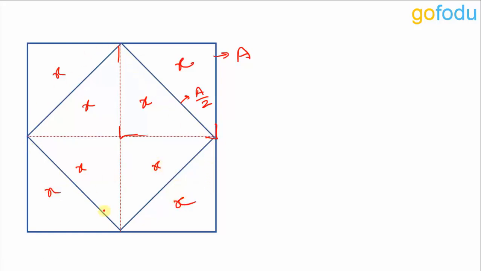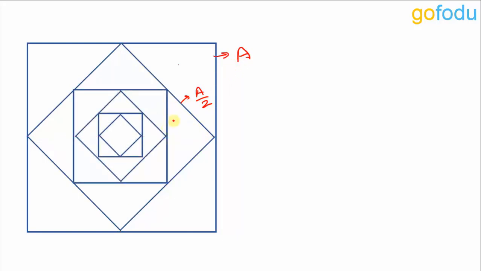So the area of this inner square is what? 4x. The area of this outer square is what? 8x. So the area of the inner square is half of that of the outer square. Again, if I draw all the squares, the area of each inner square will be half of that of the outer square. So it would be a upon 2, then a upon 4. The area of the next square will be a upon 4 upon 2, that would be a upon 8, then a upon 16, a upon 32 and so on.